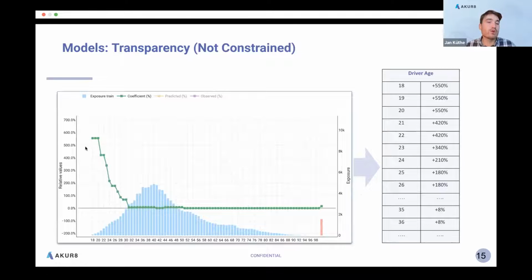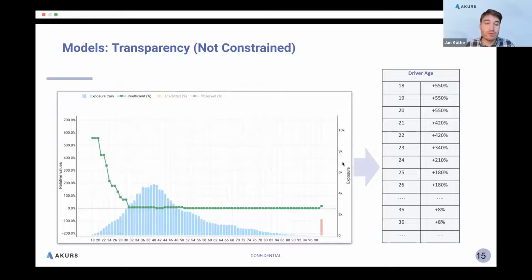For example, you don't apply the maximum constraint of 300 percentage points, which could give you curves like this, where you would want to add 550 percentage points for the very young drivers, but still for the lower 20-ish-year-old drivers, you would also want to put considerable surcharges in place.